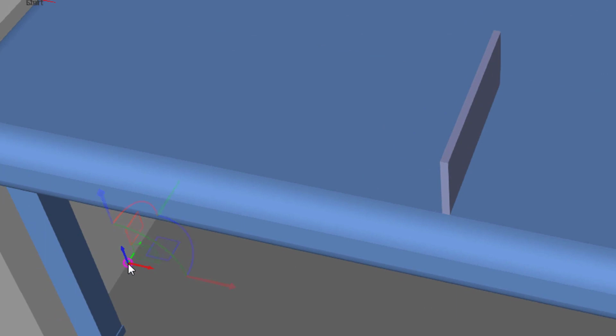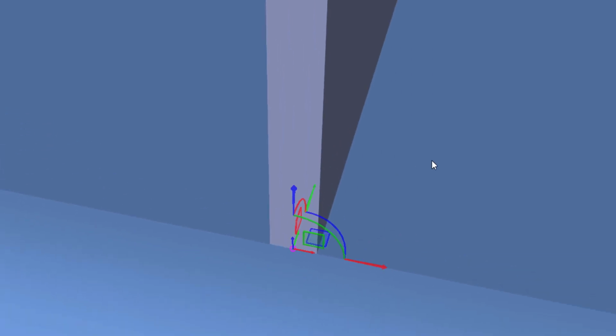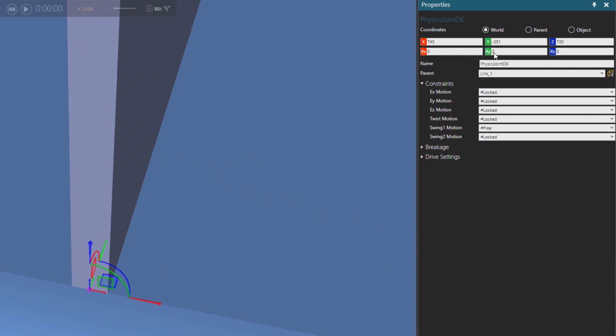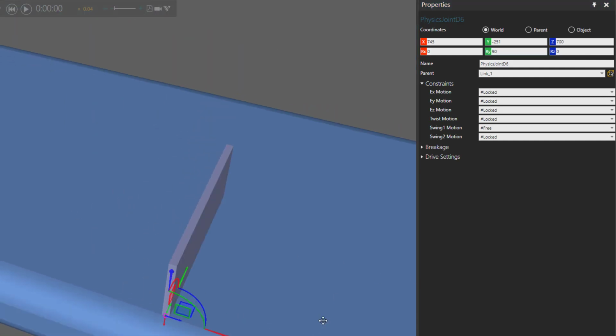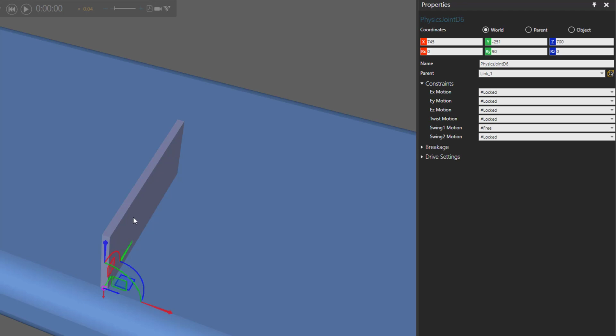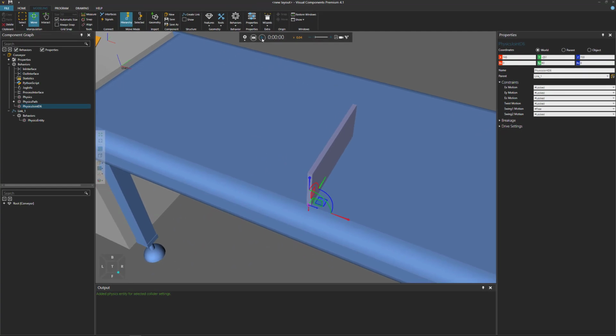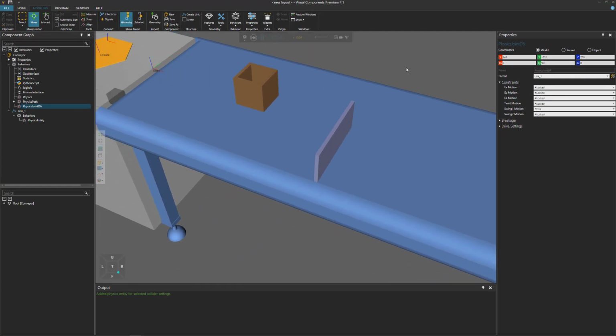And now for the offset of our joint, let's drag it to be where the midpoint of the edge is in our block. Let's also adjust the orientation to be 0 along the X, Y, and Z. But now let's rotate the joint's offset along the Y-axis 90 degrees. So now the Z-axis of the joint is pointing this way along the X-axis of the conveyor's path. So what we expect to happen is our block here should swivel or swing in this direction. Let's now run our simulation. And nope, that doesn't happen.